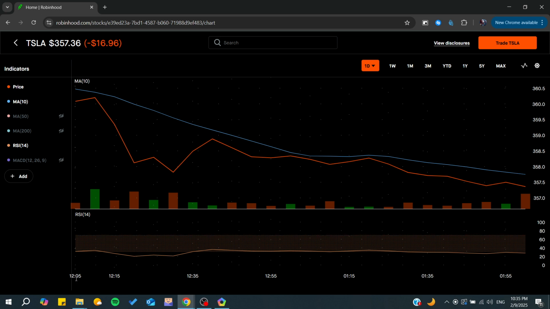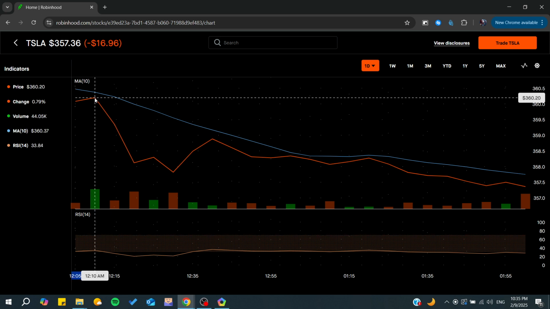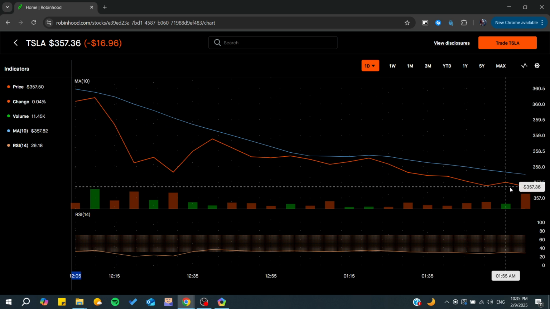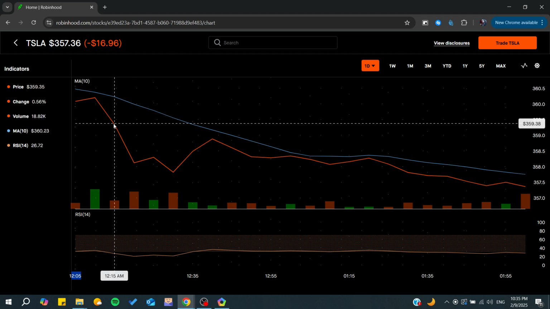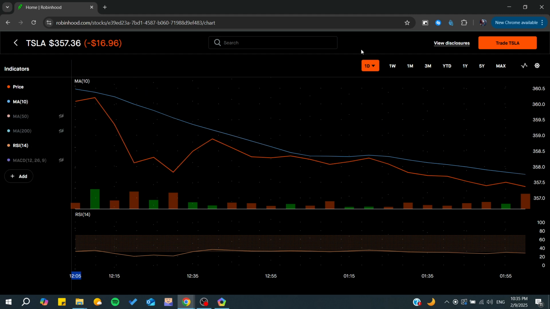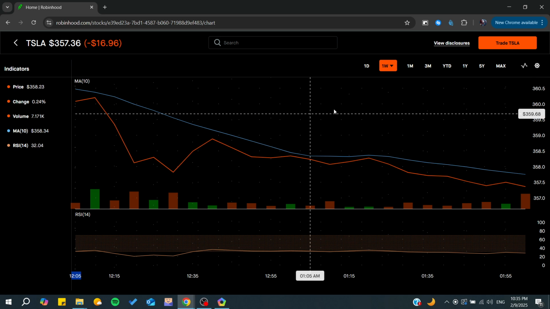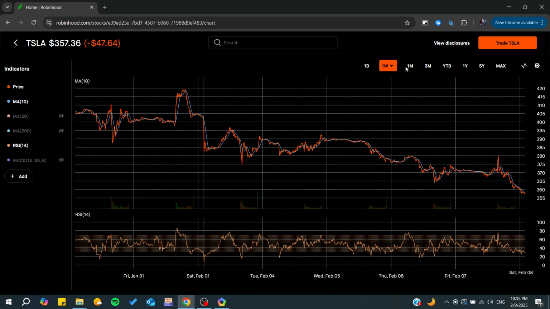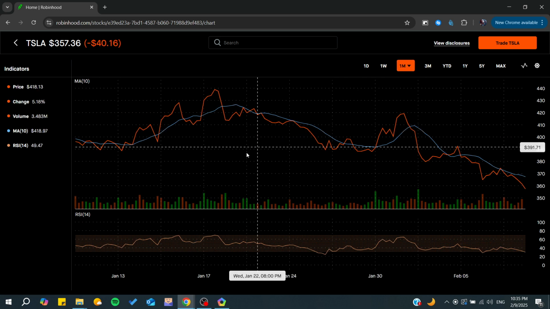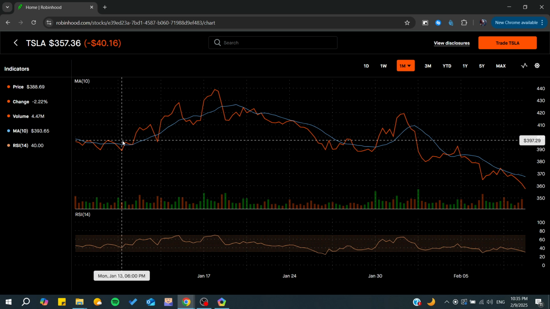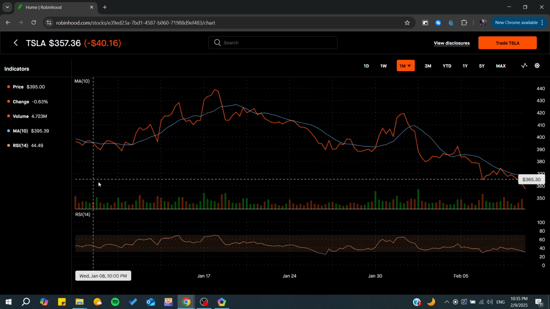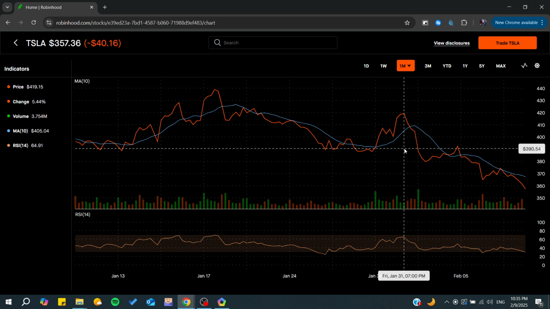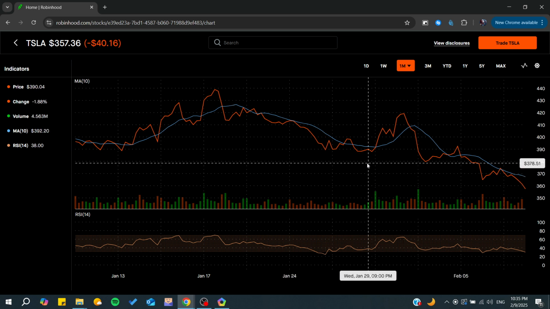So basically from this time to this time, the chart has risen and then it has gone down to here. That's why the chart is red. And if it was going up or increasing, it will become green, and that means that the chart is growing, etc. And as you can see, you will need to start choosing a period of time